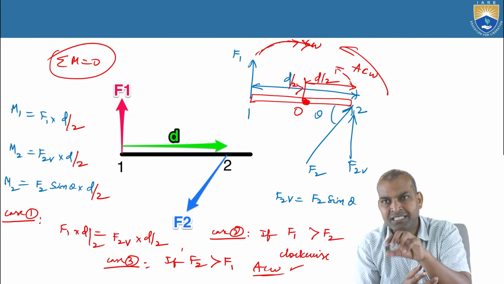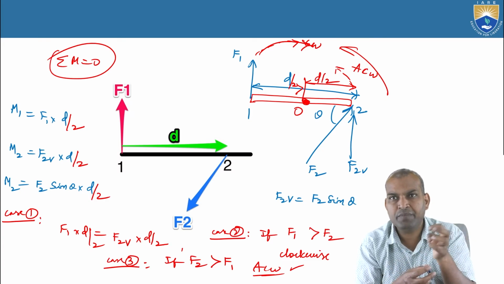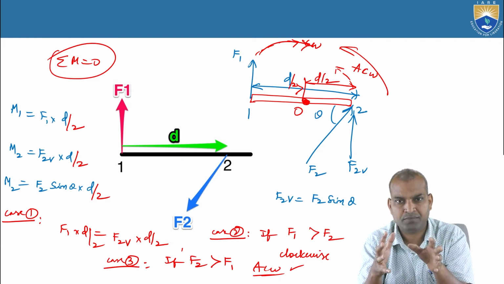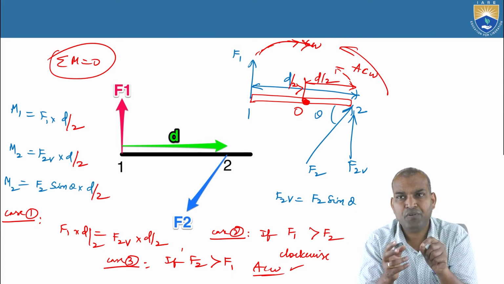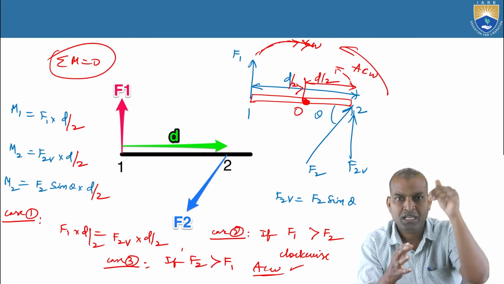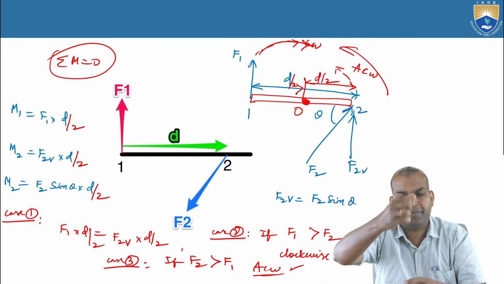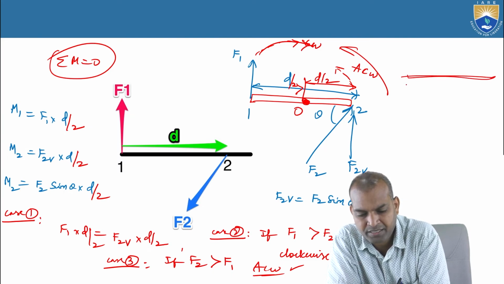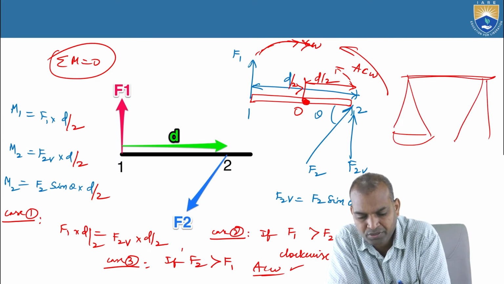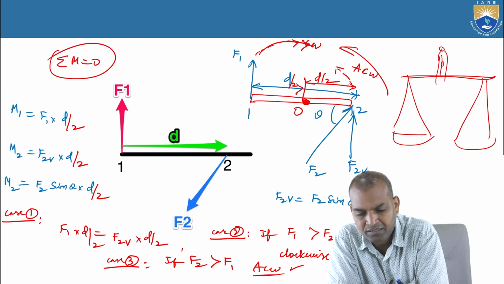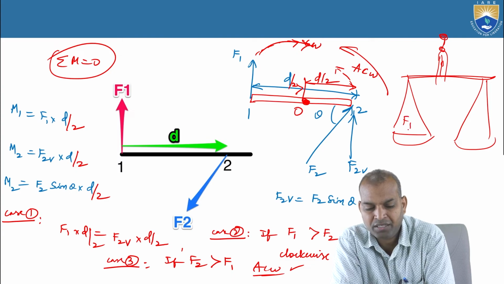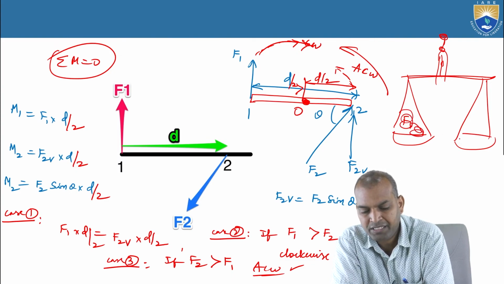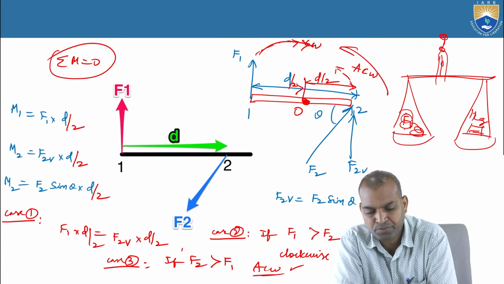The clockwise moment here in this case, with the pivot at O, is F1 into D by 2. If F1 equals F2, the same force or same load, then what about the point O? The action and reaction concept applies. In olden days, to purchase vegetables, there was a measuring instrument with a needle, and the person used to hold it. If F1 is the load of vegetables, they keep a 1 kilogram weight on the other side.